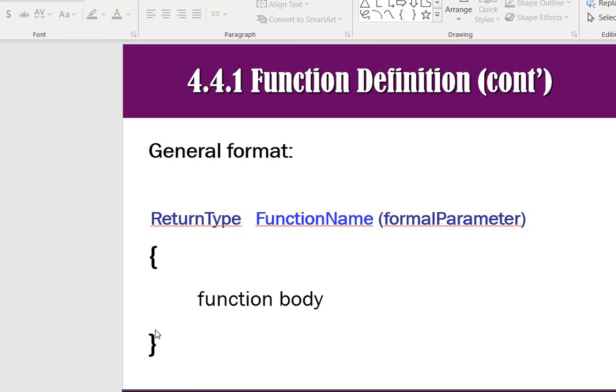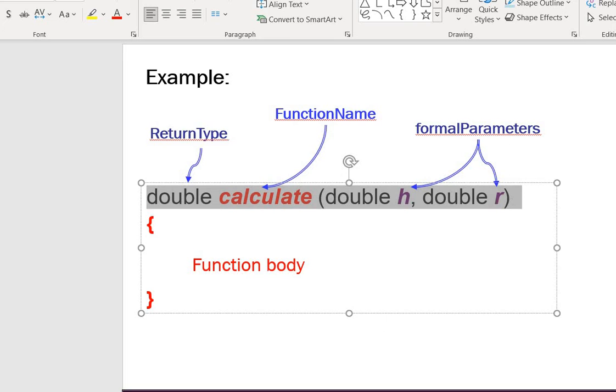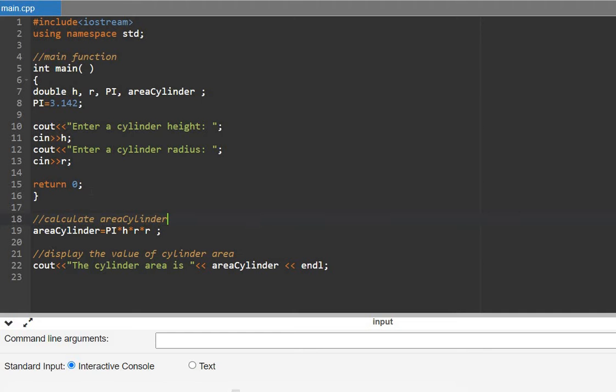Okay, maybe I can give you one example here. This one is double calculate(double h, double r). This is example 1. Double is the return type, and calculate is the function name, and this one we call the formal parameters, or arguments. This one is height and this one is radius. So maybe we can copy the function definition here